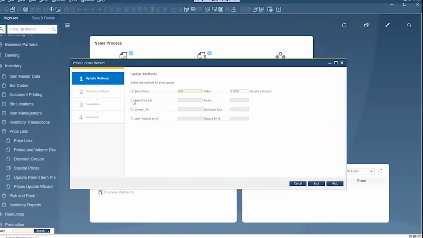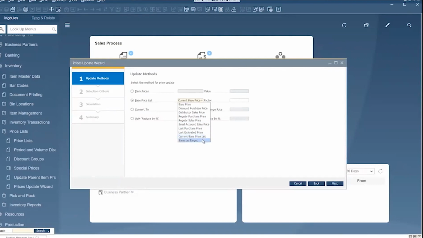Base price lists allow you to update prices by defining the base price list and the factor. From the base price list drop down, select a price list and define a positive value for the factor field. When you execute the update, the prices are updated according to the selected base price list and the defined factor. If you want to change the factor without changing the base price list, select Current Base Price List from the list. If you want to set up a price list based on itself, select Same as Target Price